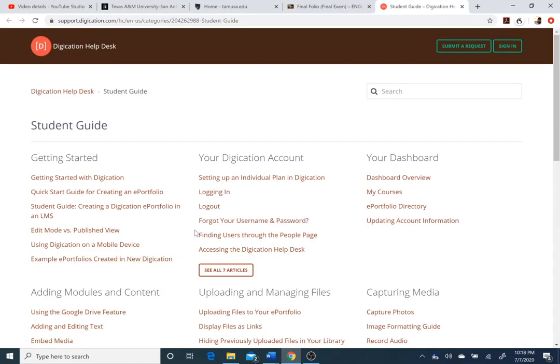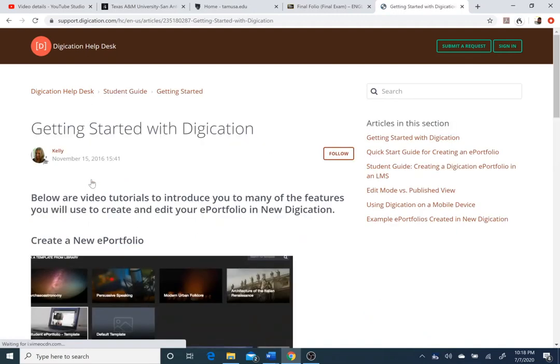So this is the student guide, and it takes you point by point through how to go about creating a folio and how to add and how to enhance the complexity of it and so on. For example, getting started, it takes you through the basic steps. Now I'm going to